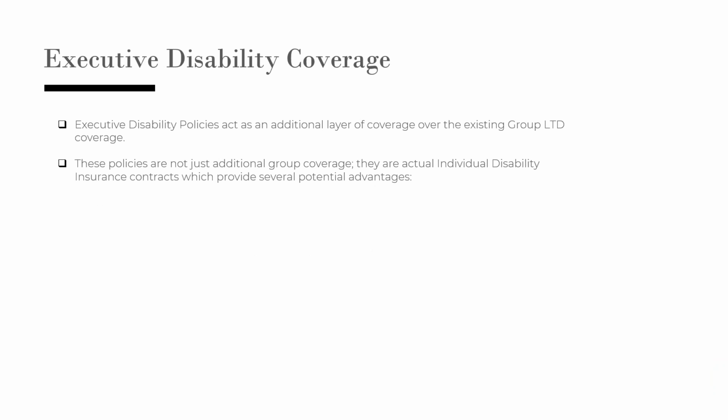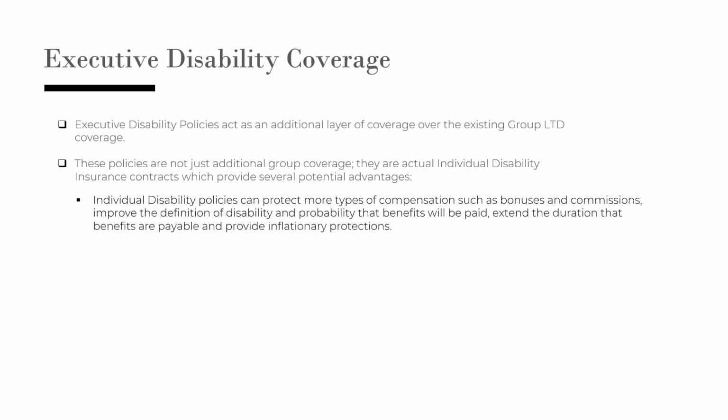Executive disability coverage, what would that look like? It's a great layer of additional coverage to an existing group DI policy. These policies are not just additions, though. They're actual individual disability contracts that you as the executive would be the beneficiary of, that would give you the following benefits. Individual disability policies can protect more types of compensation, bonus, commission income. You get improved definitions of disability and portability. That's huge. What that means is you leave the company, you take this policy with you. And you go to start at a new